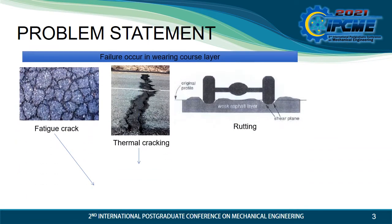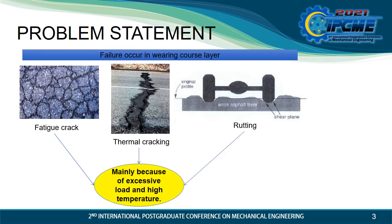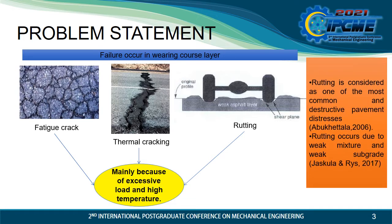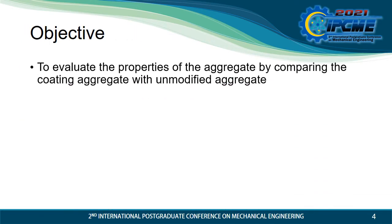For the problem statement, there are three main failures that occur in the wearing course layer, which are fatigue cracking, thermal cracking, and rutting. And all these three failures are mainly because of excessive load and high temperature. Rutting is considered one of the most common and destructive pavement distresses, and rutting occurs due to weak mixture and weak substrate. So, by coating the aggregate, it can increase the strength of the weak mixture. The objective of this study is to evaluate the properties of aggregate by comparing the coated aggregate with unmodified